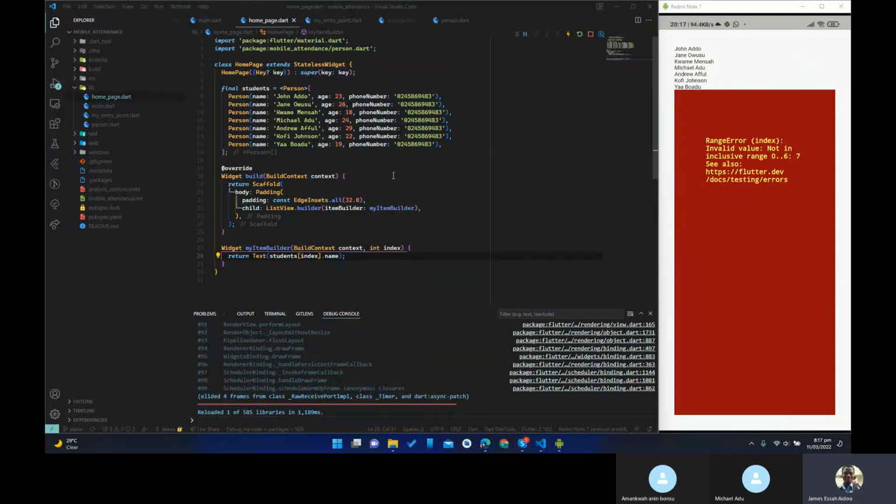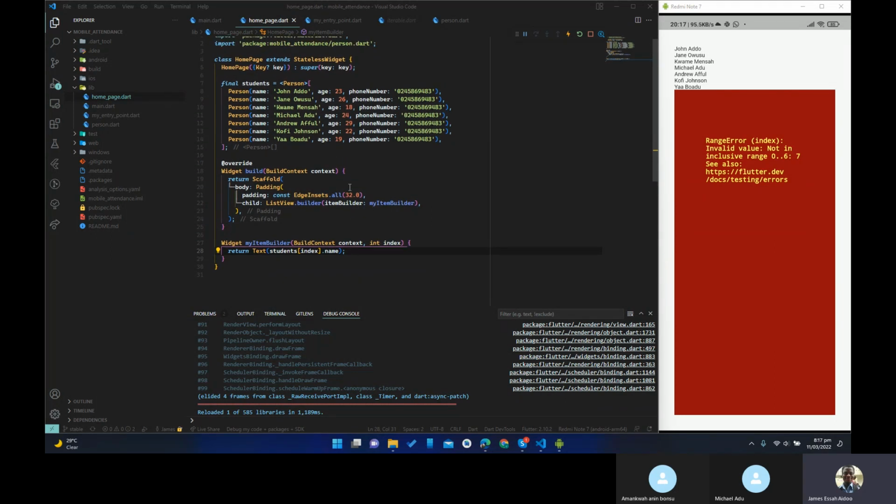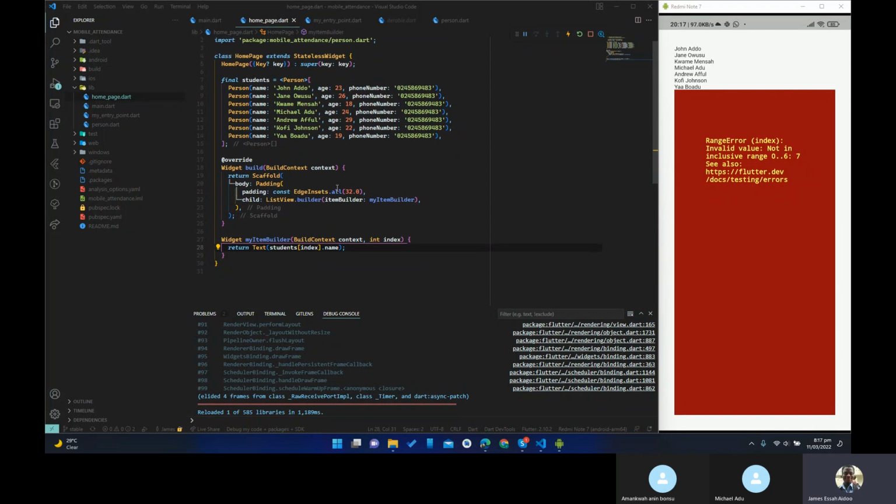Do you have any idea why this is happening? Okay, let's do this. I was asking if you had any idea why this was happening. For some reason, it's trying to access an item of index 7 when the last index is 6, and I'm not manually handling the indexes. It's handling it all behind the scenes by itself. But anyway,